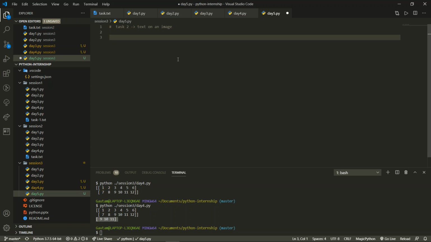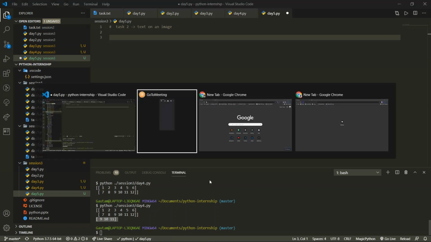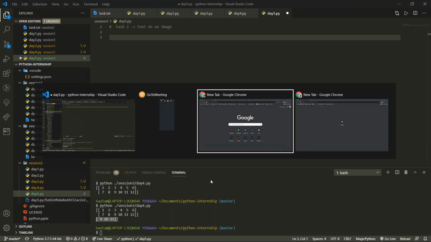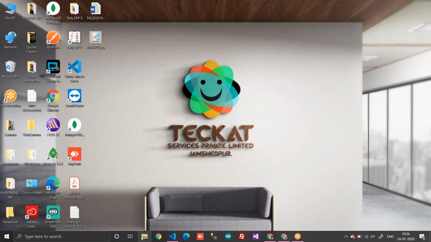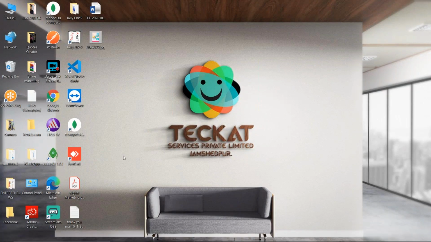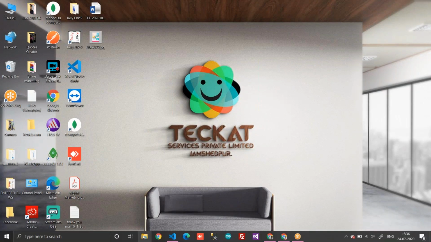For doing this, first of all, we want to take an image. So let me search my window to get some image, because I don't remember if I have some.